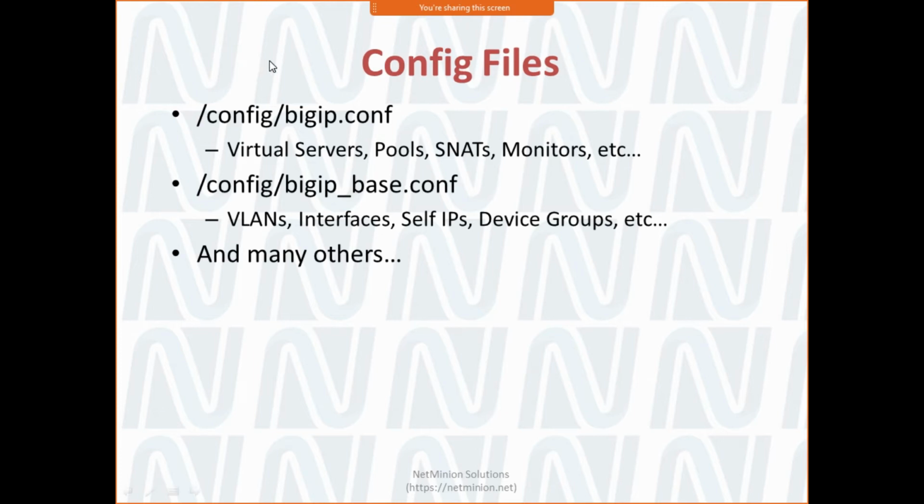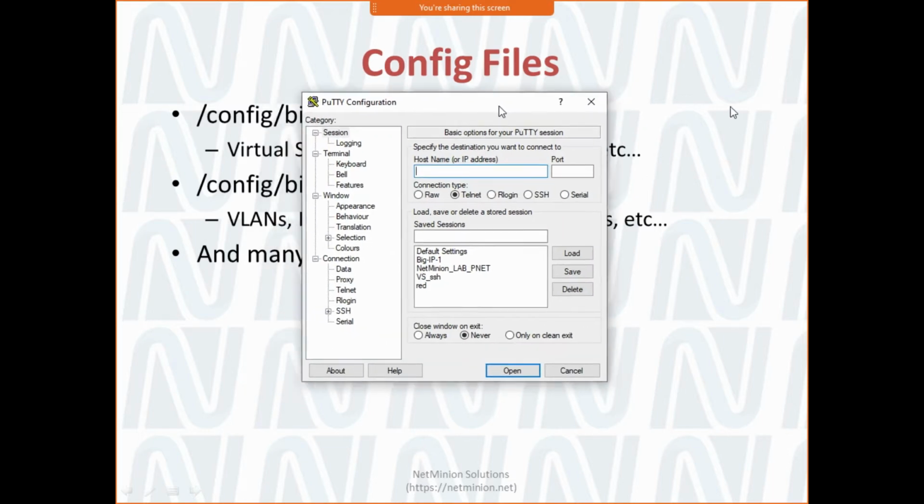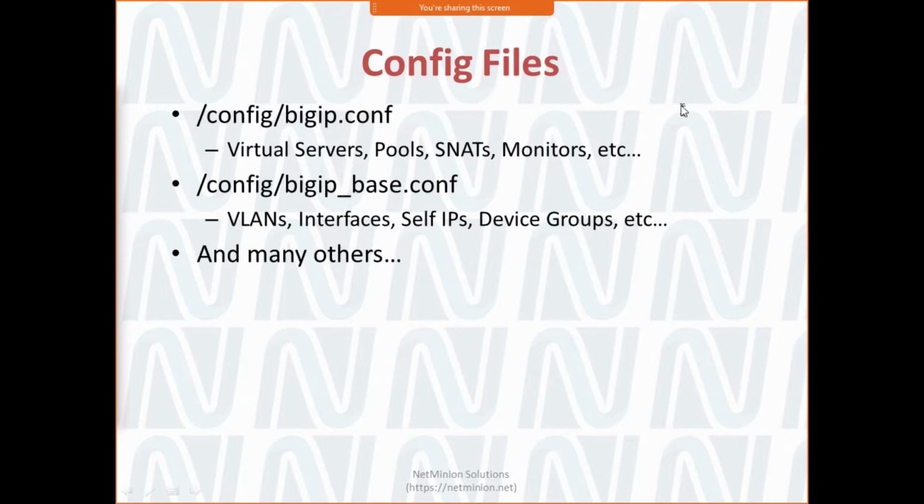So remember yesterday I was saying that if you wanted to see the license file, we were in the config folder, or directory. Under the config directory we were checking the license file. Similarly, if you wanted to check the BIG-IP base configuration, you can check that. If you wanted to check the configuration related only to the virtual server, pool, SNAT, monitors kind of stuff, you can check the bigip.conf. Let me quickly show you again over here so that you can have a fair idea.